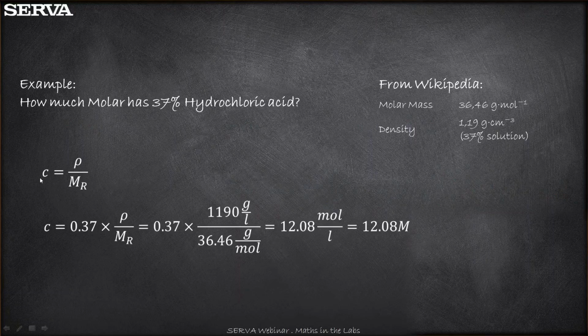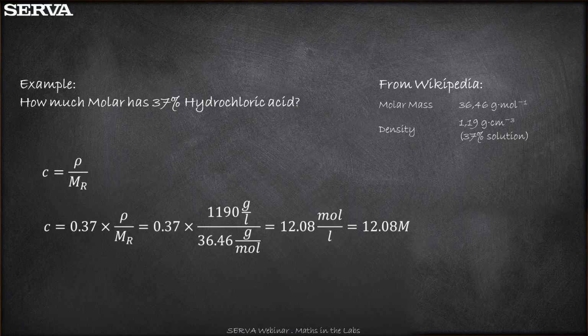To calculate the molarity of ready-made solutions or liquids, the density can be of help. So you can easily use this formula here. So this is the molarity, and if you divide the density by the molar mass, you get the molarity quite easily. In this example, I want to show you how you go along with it with hydrochloric acid. So it's a concentrated one, 37%. And you can go, for example, to Wikipedia and you get the molar mass of hydrochloric acid and you get the density. Here you have to be careful to